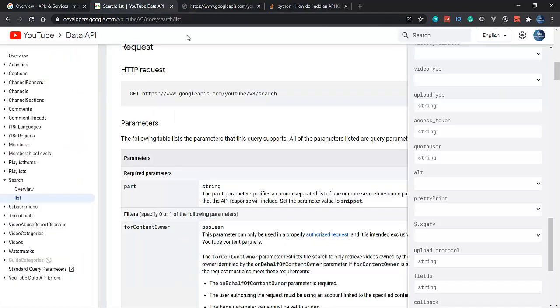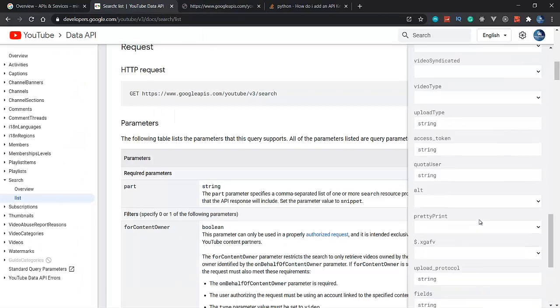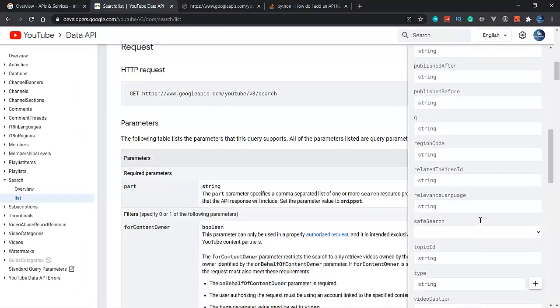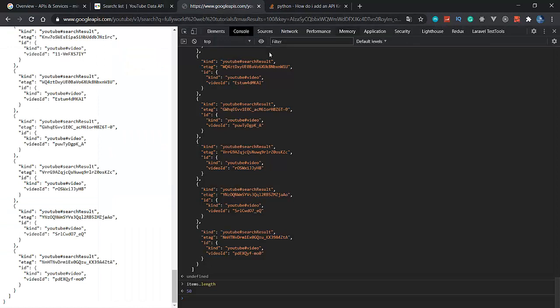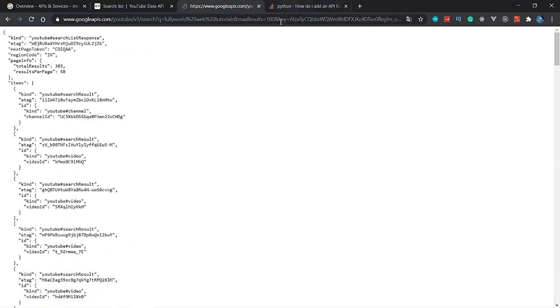So here should also be our paging method, which is the page token. You can mention our page token here. If you want to add paging, with maximum results 100, I'm going to add an and, then page token will be 2, meaning we are in the second page. But here it says invalid page token.